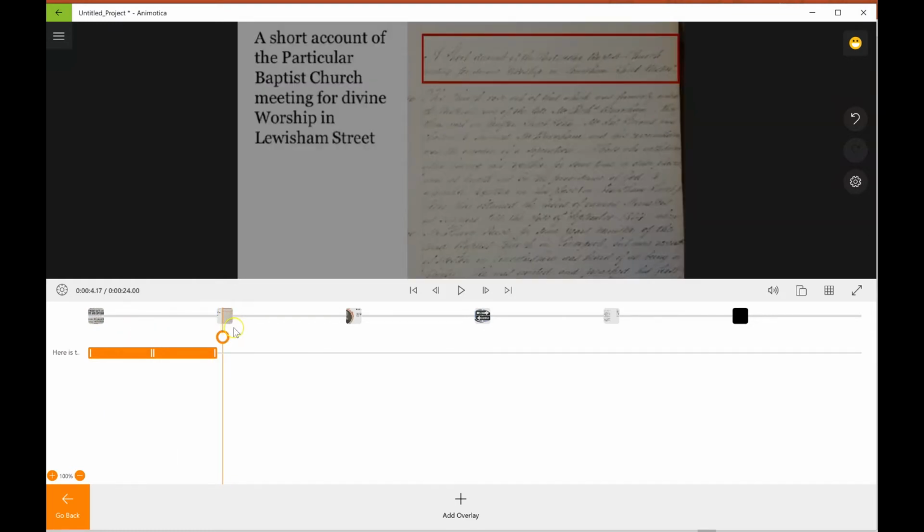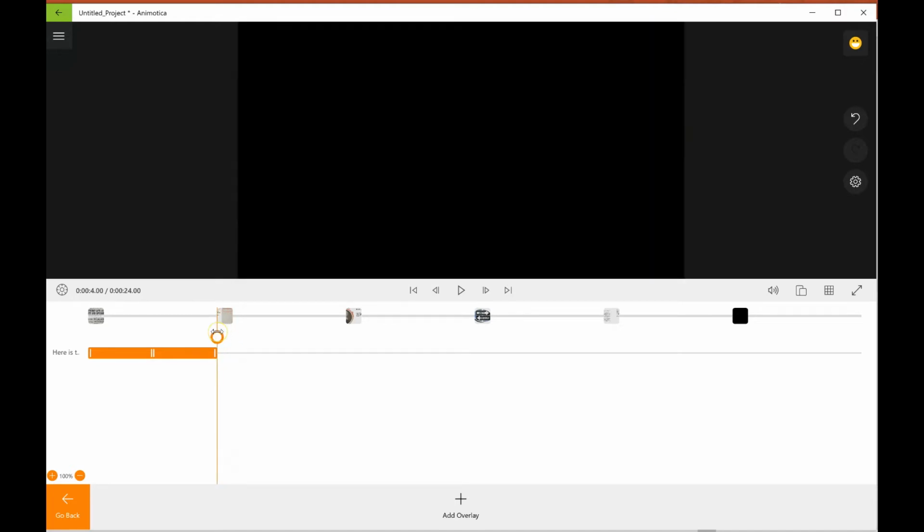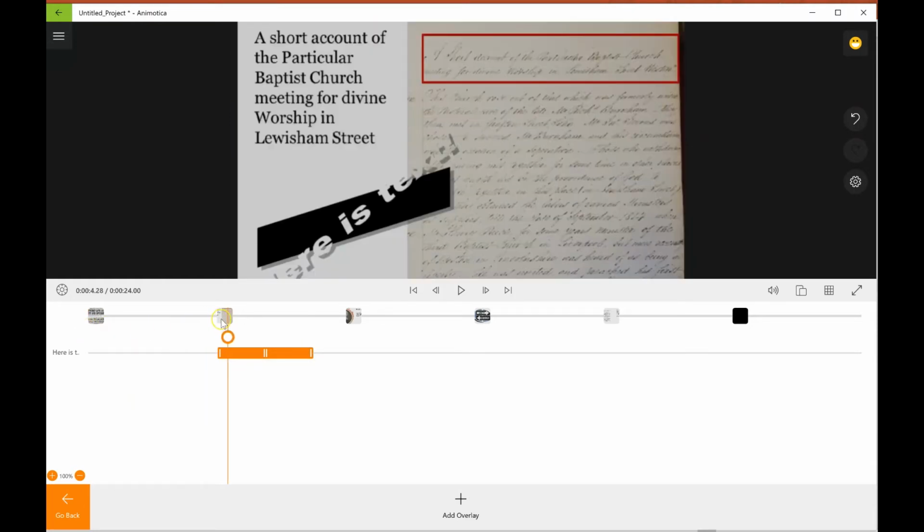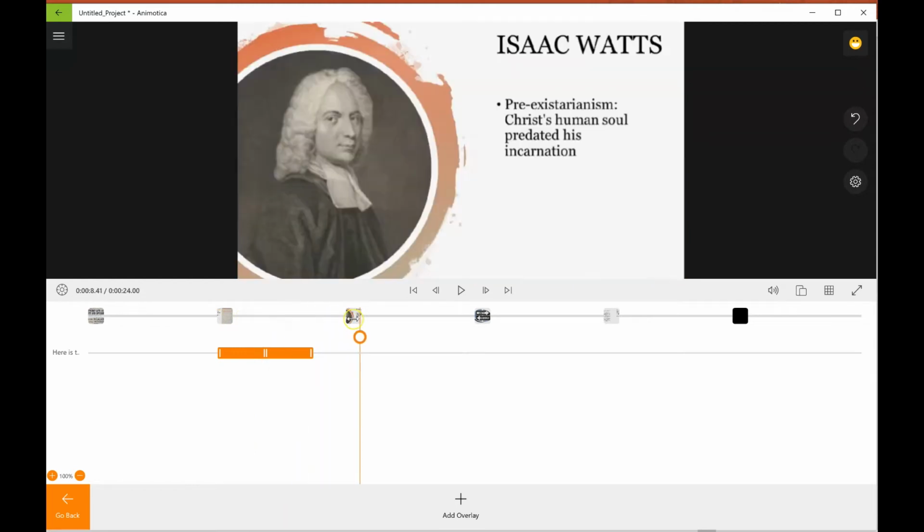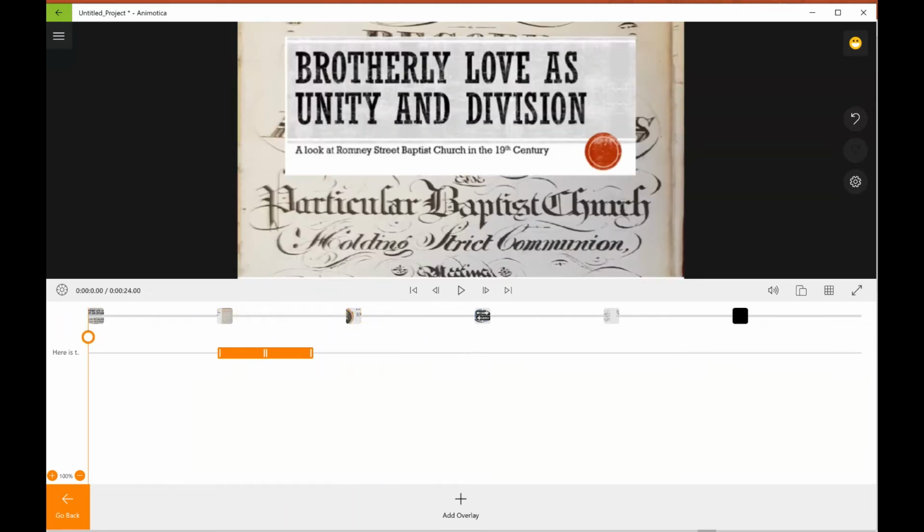Now I could move that if I want to, so I'll put my marker here over at the beginning of the second slide, and I'll move my overlay over to the second slide, and maybe I'll adjust it so it's slightly shorter. So now this particular overlay won't appear until the second slide, after which it will disappear before the third slide comes up. So each time I add some new text, new overlaid images or videos, they will appear on this part of the menu here where I can adjust them and place them where I need them to be. There are lots of things that you can do with overlays, and I highly recommend you play around with